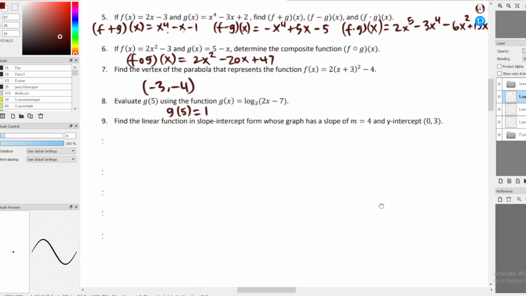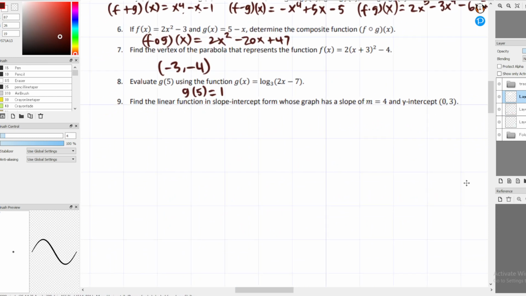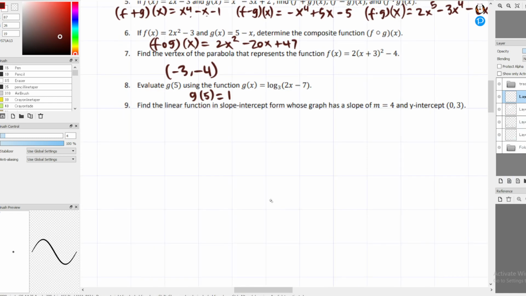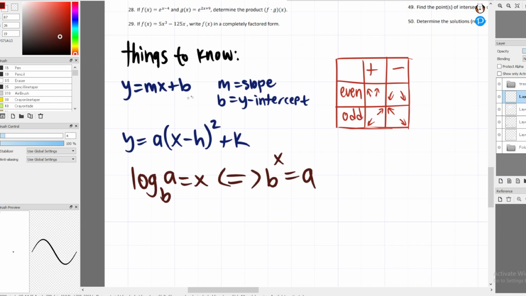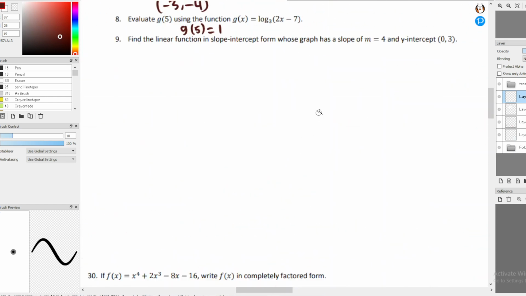Number 9 is asking us to find the linear function in slope-intercept form whose graph has a slope of m equals 4 and a y-intercept of (0, 3). Now, if we come back down here, we'll remember that slope-intercept form is y equals mx plus b. The slope is our m, and the b is our y-intercept. So coming back up here to 9,